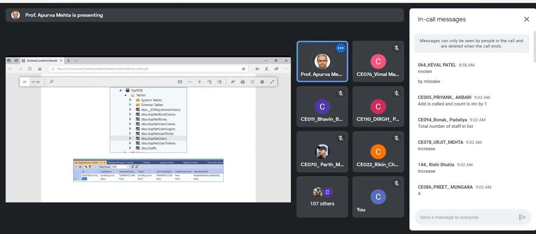Okay, correct. Inherit. You create a class, say staff user, and then inherit from identity user. So you will have all the properties of identity user as well as whichever properties you add into staff user, and those will be added to the identity user. Okay, and some other changes you also need to make. Wherever you are using identity user, instead of that you need to use your own class. So inherit is the right way, right?